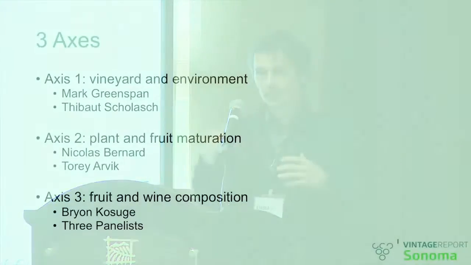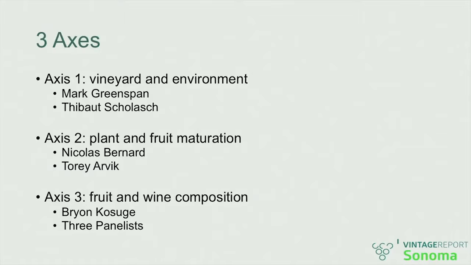So in order to frame and articulate the different considerations, we essentially focused on three axes that are going to pace the speed at which maturation occurs. The first axis is the one that we've discussed together with Mark, focusing on vineyard and environment, or better said, how the environmental stresses, whether looking at soil conditions or atmospheric conditions, are modulating vineyard performances in terms of biomass production, but also in terms of photosynthesis activity.